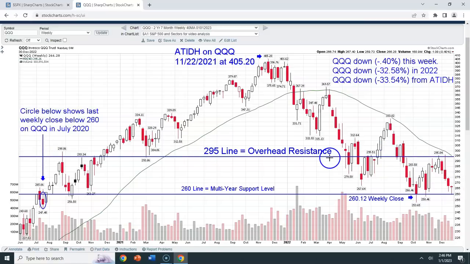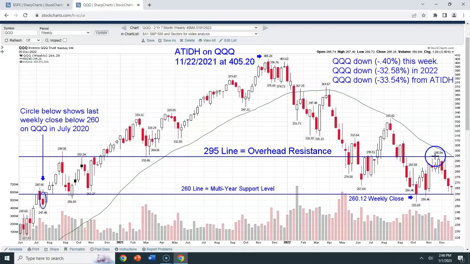Look at how this 295 level has been a very important support and resistance level going clear back to 2020, right? October, November, we kept kissing this area even back into August, but we couldn't close above it until right here, latter part of November in 2020. We finally got above it and then pulled back to it in May of this last year. And it's acted as overhead resistance right here in June, and then support for a couple weeks, and finally we got below it. And then we have not had a weekly close on the Qs above the 295 overhead resistance line since September of this year, right?